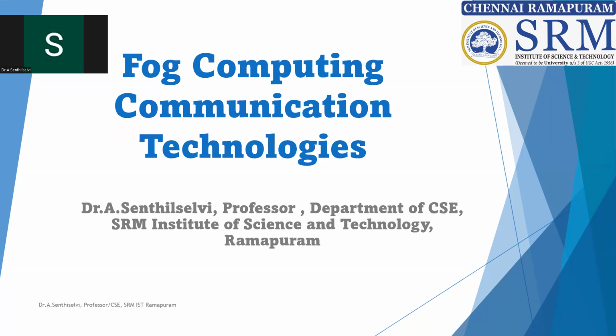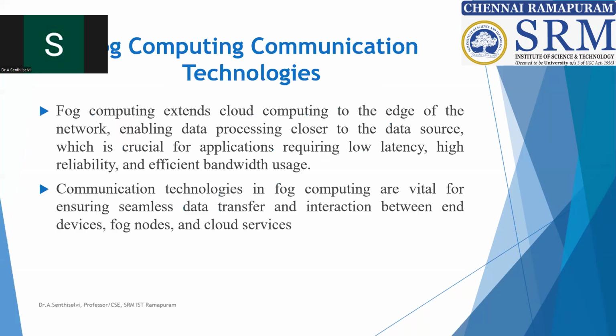Today we are going to discuss fog computing communication technologies. Basically, fog computing communication technologies are divided into wireless communication and wired communication. They are used to communicate between the IoT, that is front-end devices, as well as between the edge devices and the cloud server. This is communication from cloud to fog, fog to front-end devices, between the front-end devices, and between the fog nodes. It is basically categorized into two categories: wireless communication and wired communication. We will see one by one.